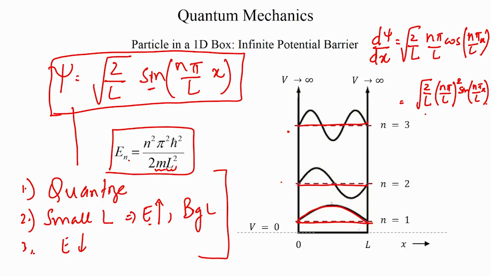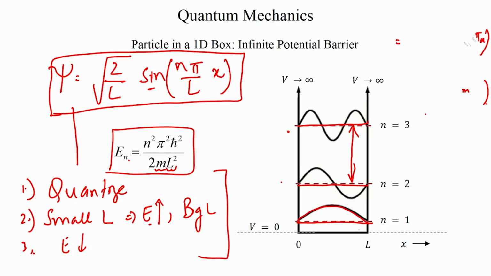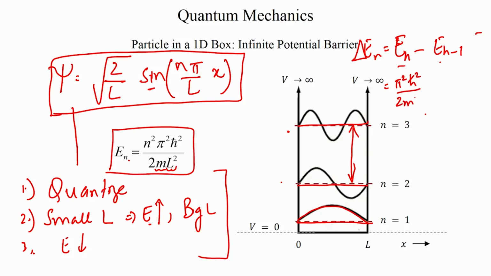Now if I were to draw all the energies and measure the energy gap between two subsequent levels, which is essentially En minus En minus 1. Now I am looking at the delta En, which is the energy difference between two subsequent energy levels. Now according to this, it should be pi square h bar square by 2m L square into